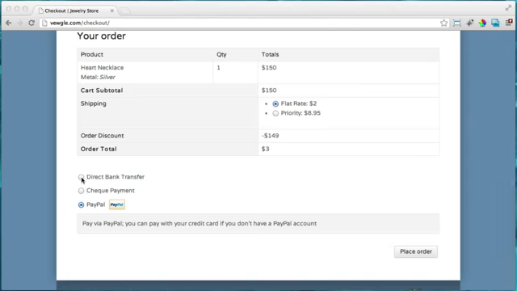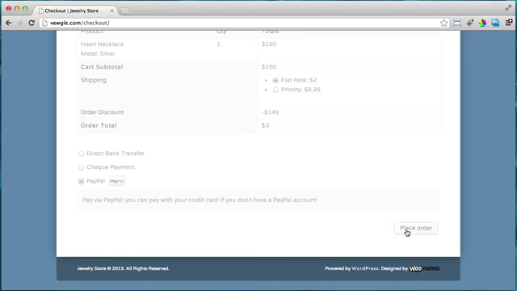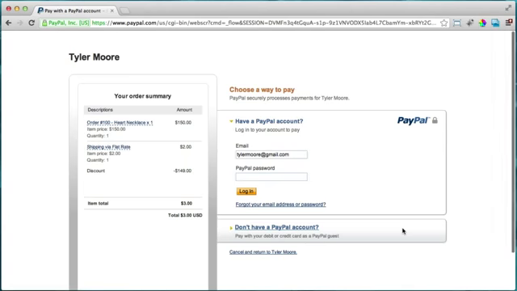Then you can choose how you want to pay: direct bank, check, PayPal, and these can be changed also. Then we can place order. So once we click place order, PayPal is going to send that order to PayPal, and if they have a PayPal account, that's